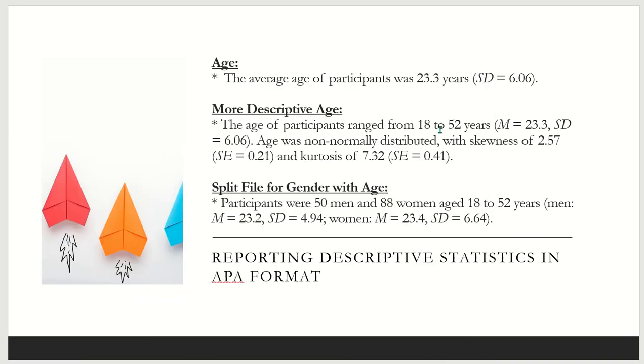Now let's get more creative. If you want, you can also report the age range. And we had 18 to 52-year-olds, and then we can give their mean and standard deviation. And we added the skewness and kurtosis for this sample as well. So the more descriptive you can be, the better. And then you can go even further and maybe split your file to get the means and standard deviations for men and women. And the way you would do that